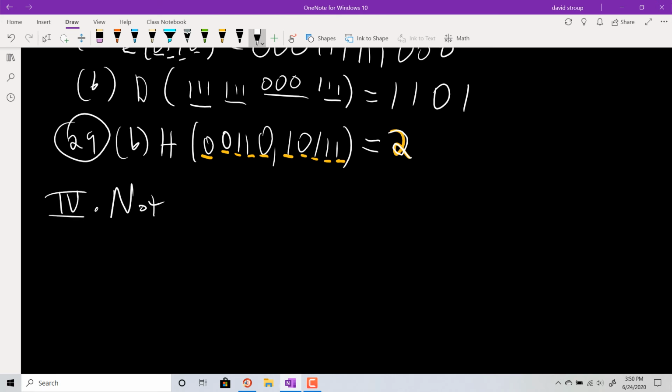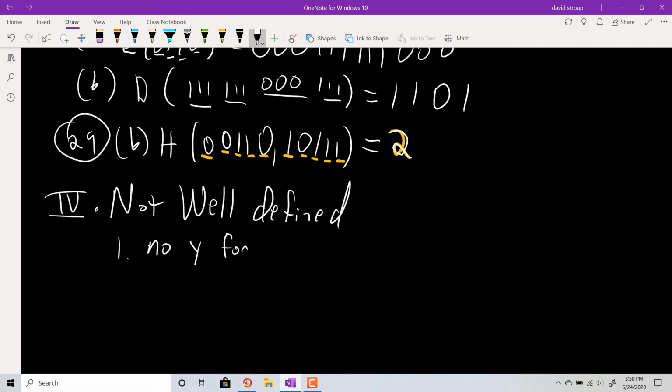One other thing that comes up all the time in analysis classes and abstract algebra classes is a function that's not well defined. Okay, and there are 2 things that would cause something not to be well defined. First off, basically there's no outputs for certain inputs. Okay, so there's basically no y for a particular